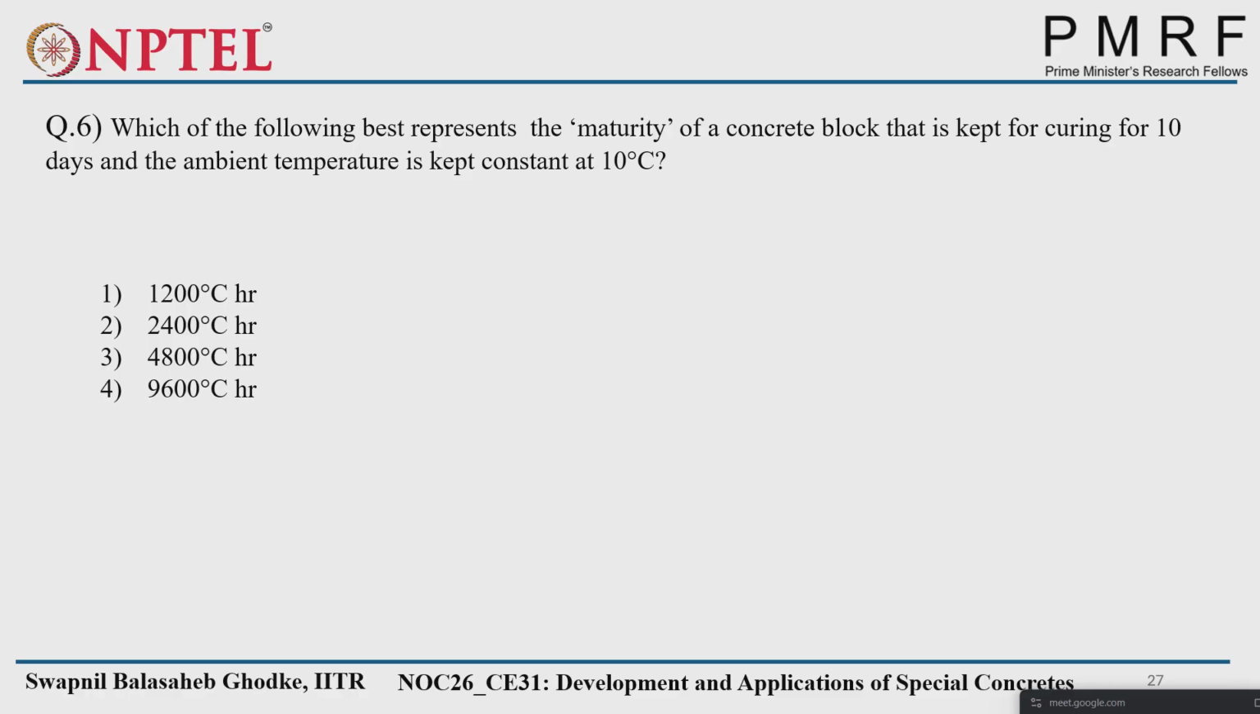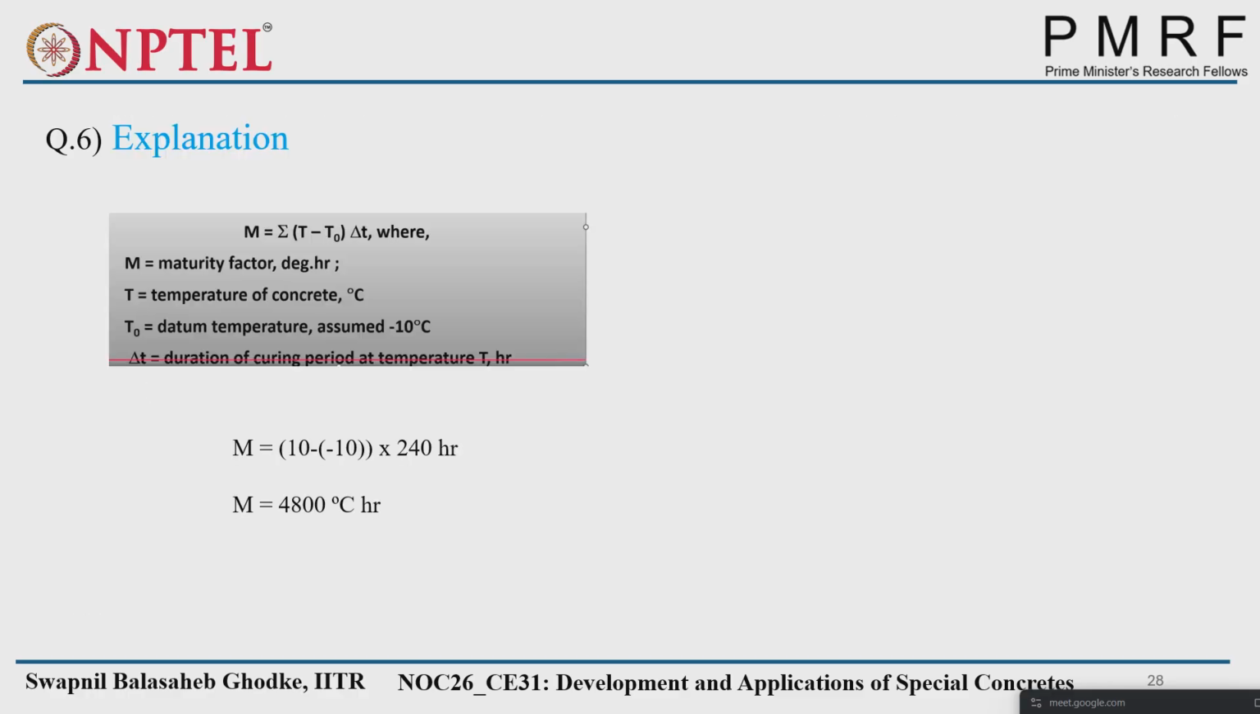Any other? 4800. So all got the same answer, right? The calculation will be like this: 10 minus of minus 10 into 240 hours, because we have to convert the days into hours because the unit is degree Celsius hour. So maturity will be